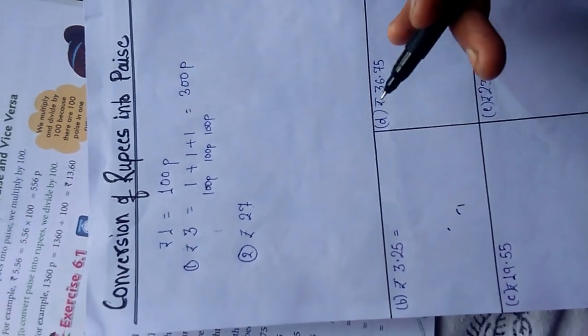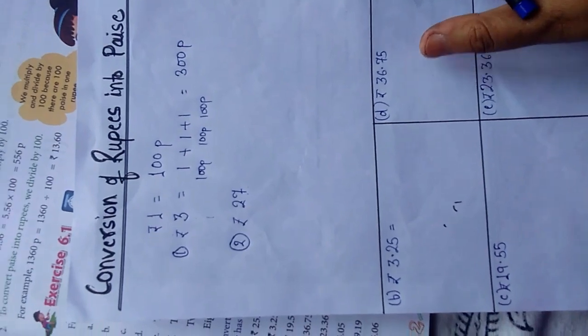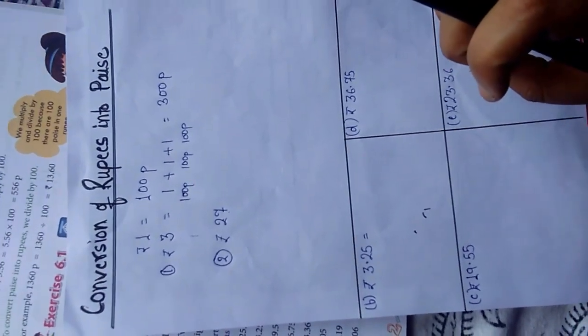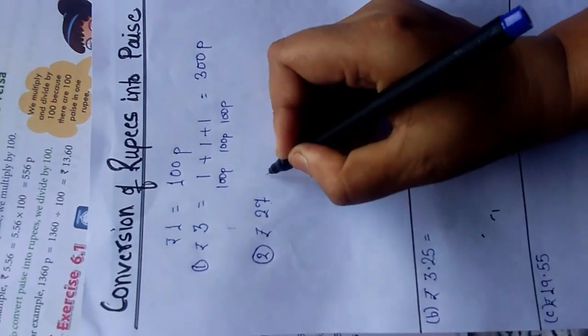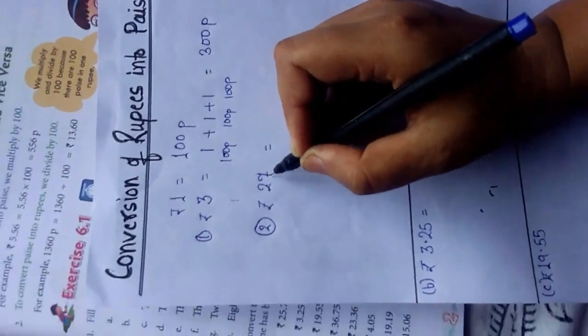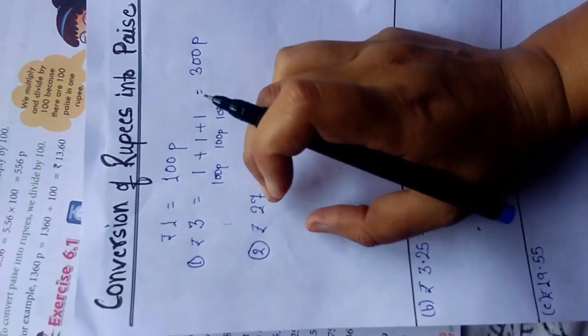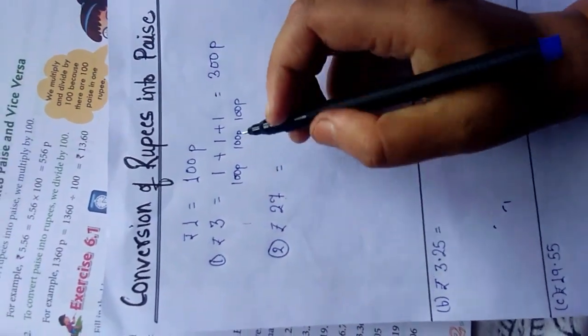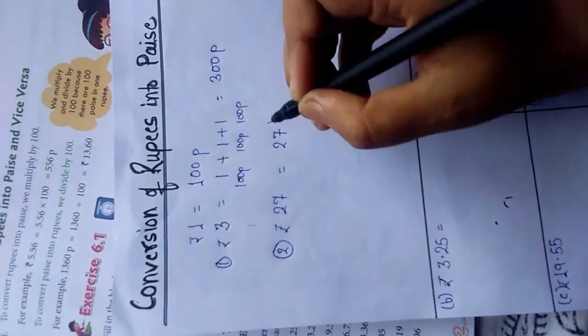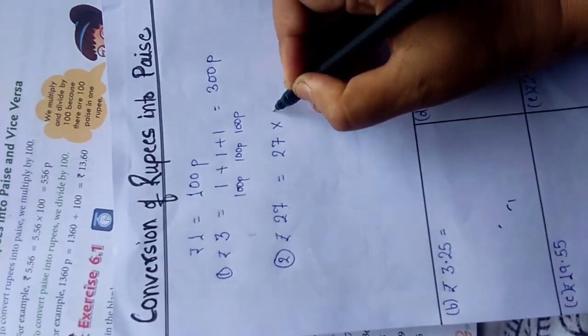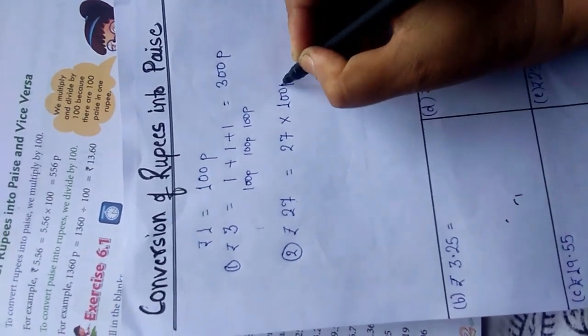For the simplification of addition, we already learned that we multiply the number. Dear students, for finding this we should multiply that number by 100. That is, 27 is multiplied by 100 paise,